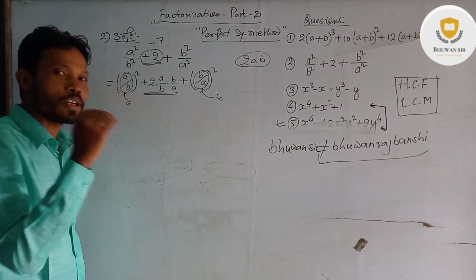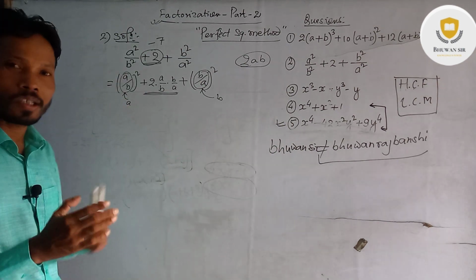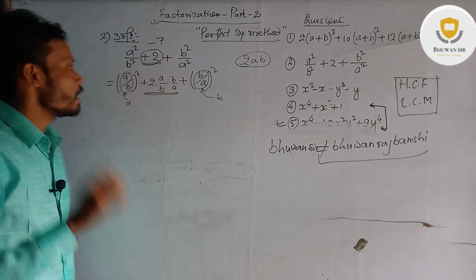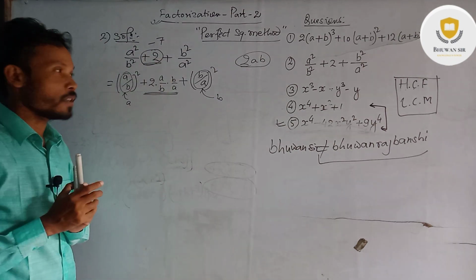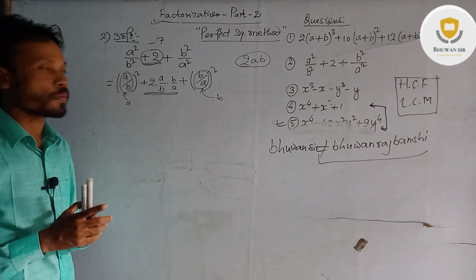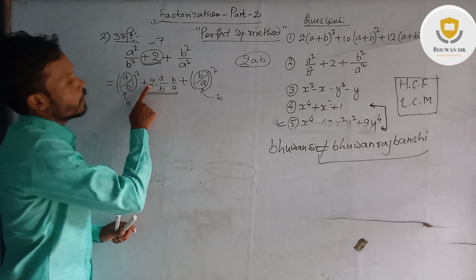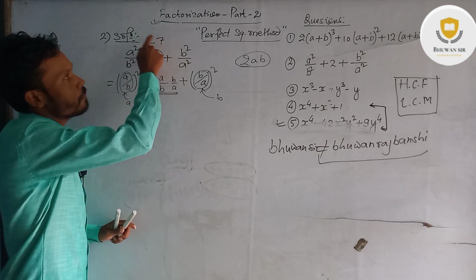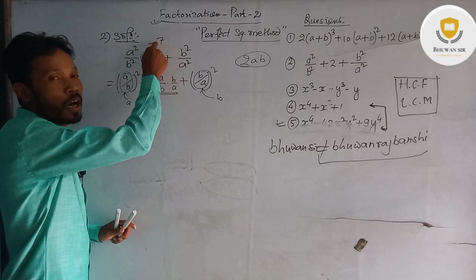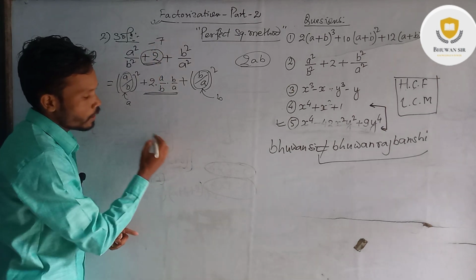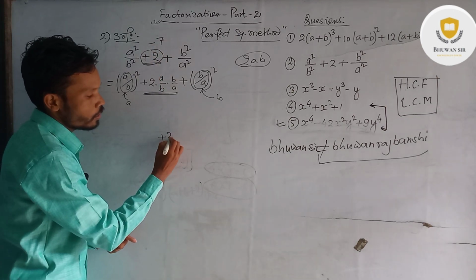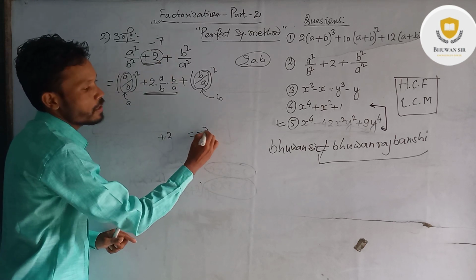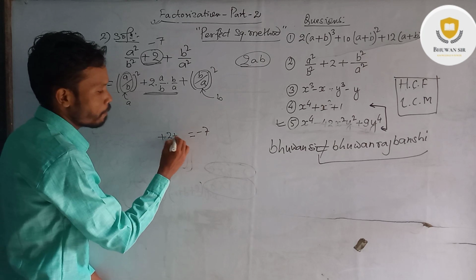Okay, that is why I am telling you, your understanding level is up to that level so that you can solve any questions. Okay, and I'm trying to clear all your doubts regarding your problems. Okay, 2 is here, but here is minus 7. So 2 is already here. How can you get minus 7? See here, you can do like this. You have plus 2, but you have to make it minus 7.